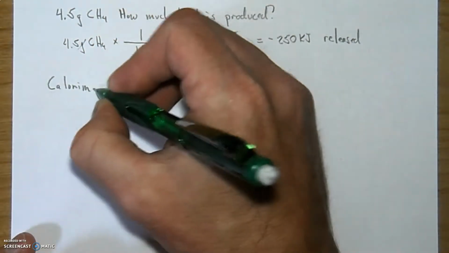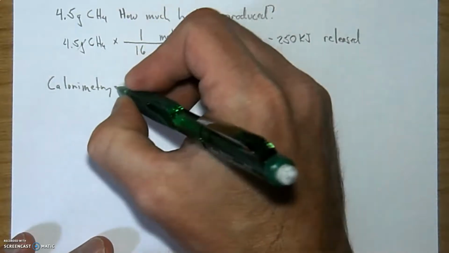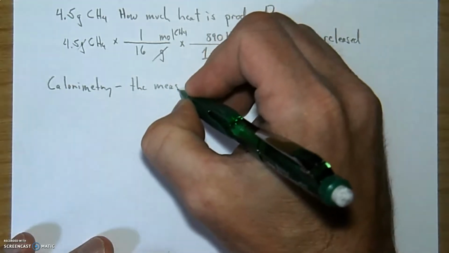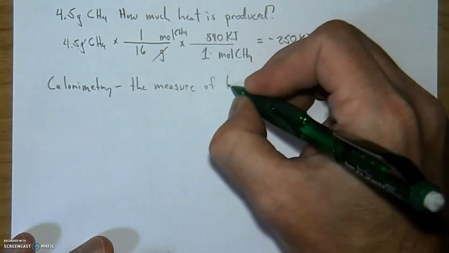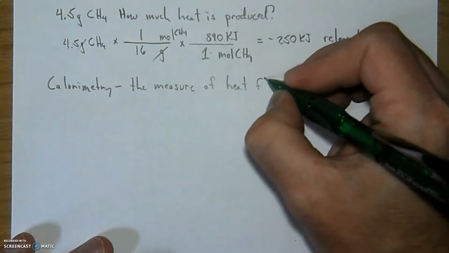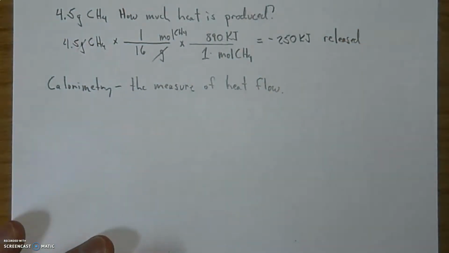Calorimetry. Calorimetry is the measure of heat or heat flow. Now, just to define a variable,